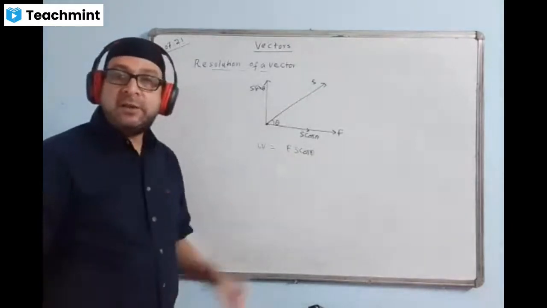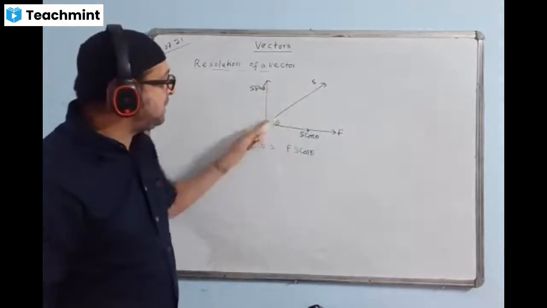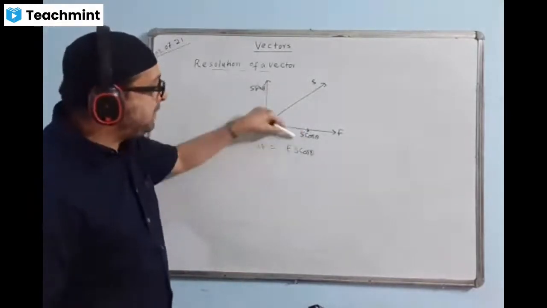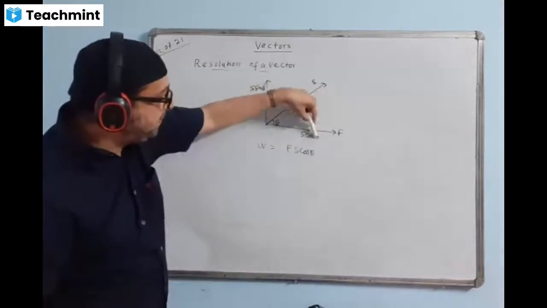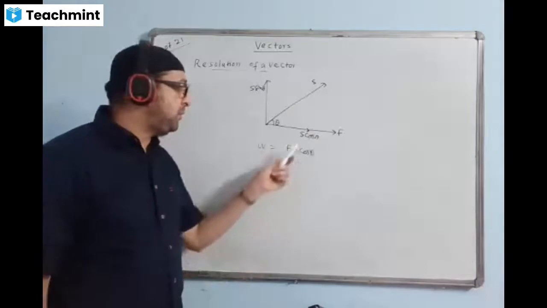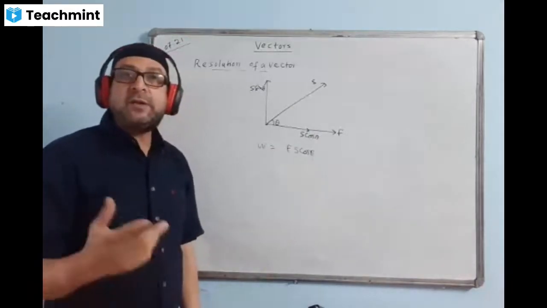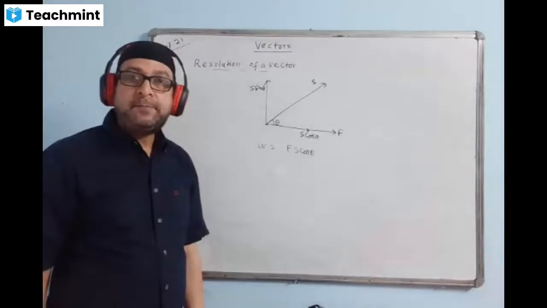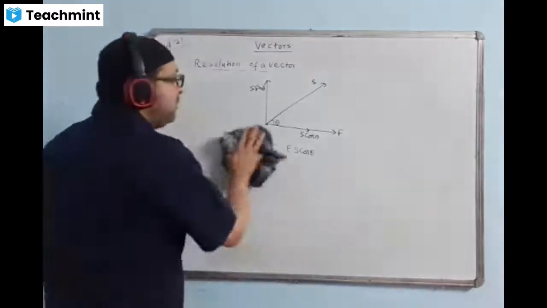This is the exact reason. We are breaking this S into two components, like this and like this. Which component is acting in the direction of force? The answer is S cos theta. So F multiplied by the component of displacement in the direction of force, which is S cos theta. Finally, Fs cos theta. Hope you got it. Now I am giving a question. Now just try.